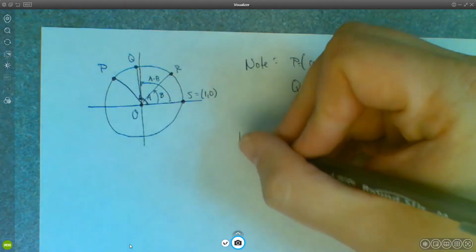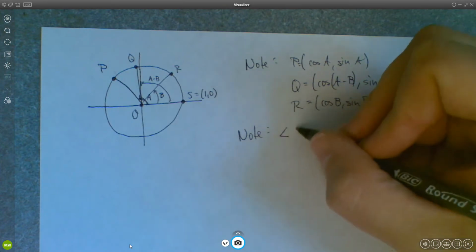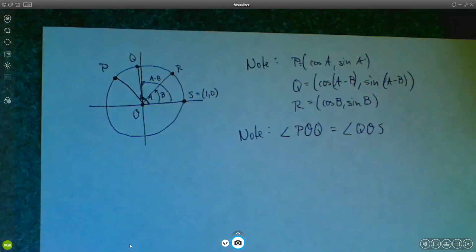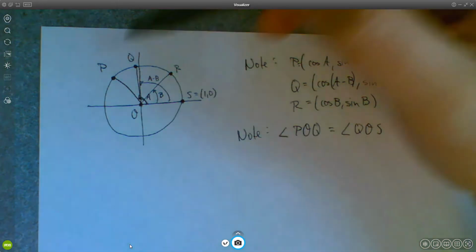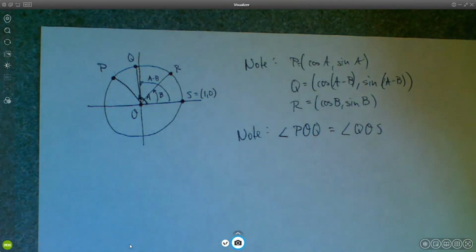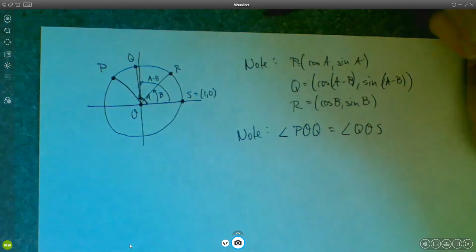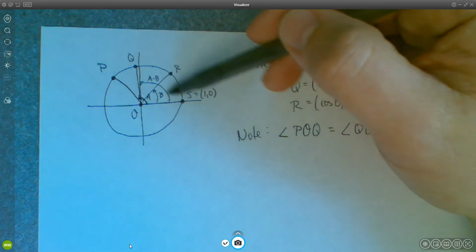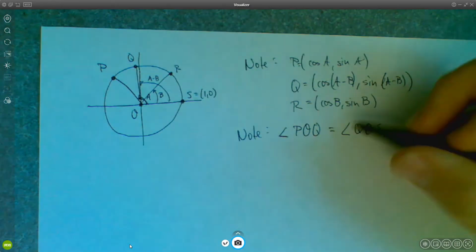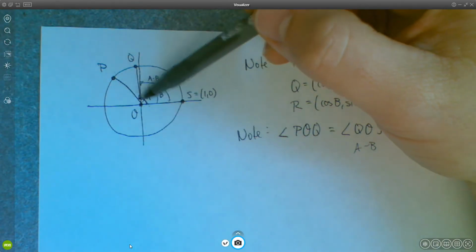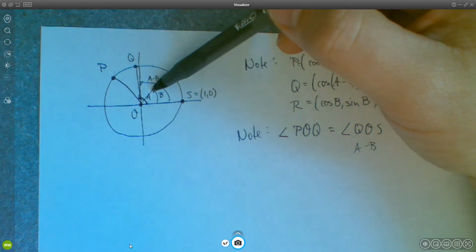Now, another thing to note, and this is a big one, is that angle POQ is equal to angle QOS. So let's see if we can figure out what angles we're talking about. So angle POQ, we're talking about this angle right here. And this may not be very clear from the way that I've drawn the picture, but POQ is the same thing as QOS. Because this angle right here was supposed to be angle A minus B, so QOS is just A minus B. On the other hand, POQ, well, P is angle A, and then this is angle B. So that means this angle, to get from here to here,